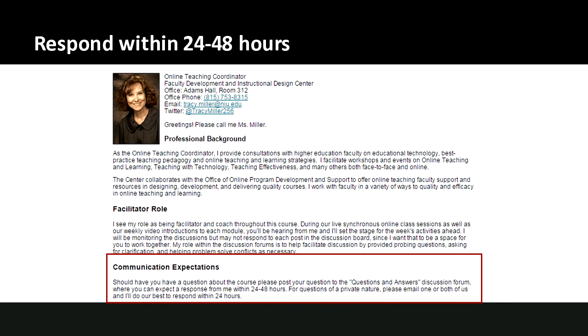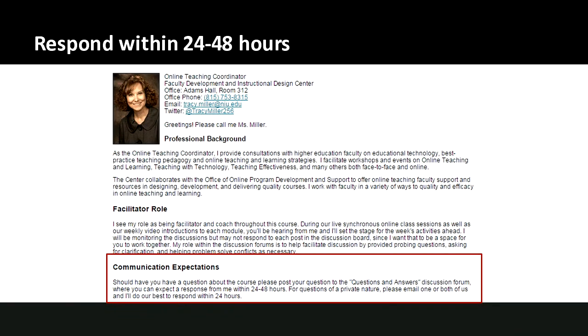For instance, if it was an 8-week course, you're going to want to make your response a little bit quicker. But you know what? Within that week, not over the weekend, whatever communication expectations you pick, let the students know about it and then commit to whatever you say is going to be